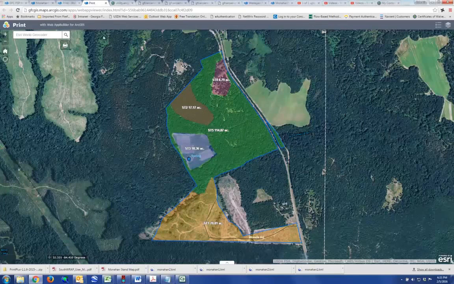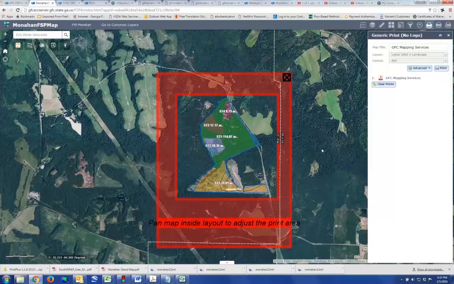Now this works, but it's going to be hard to know exactly what the print extent is, unless